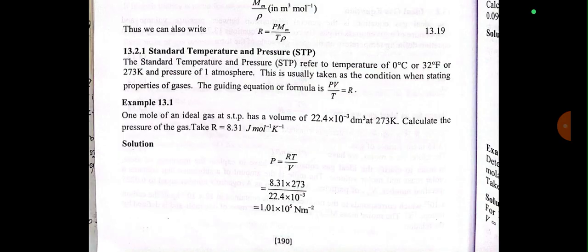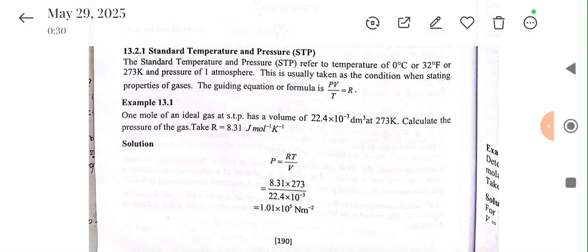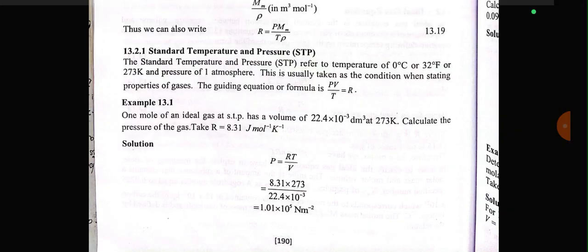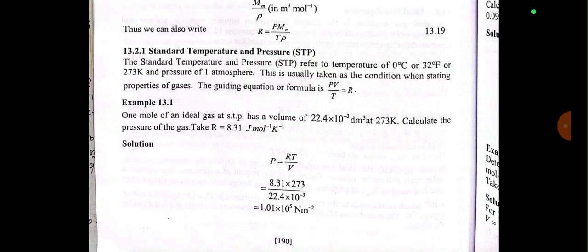The d is not supposed to be there. It should be meter cube. There shouldn't be any d there. At 273 Kelvin, calculate the pressure of the gas. So here,